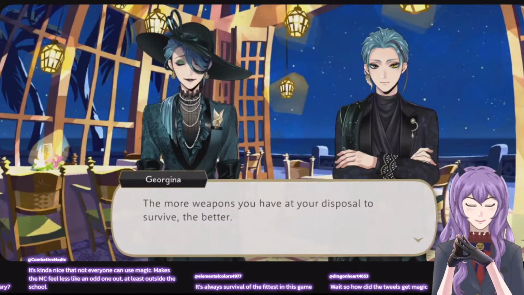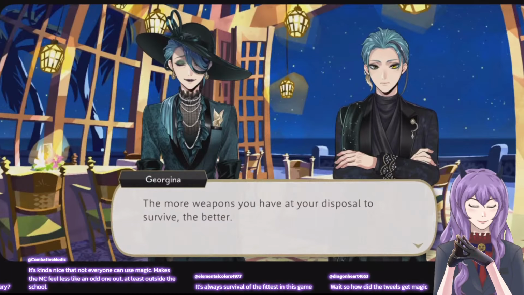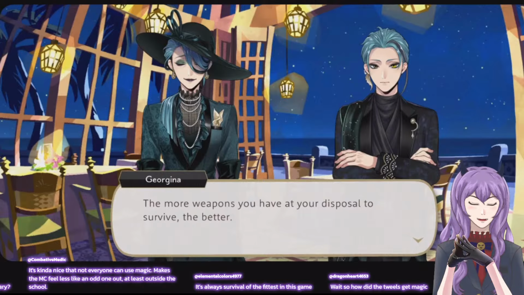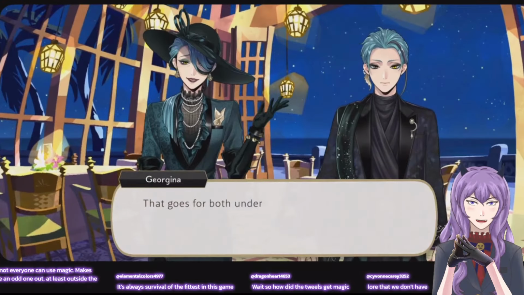Yeah, it's always survival of the fittest, especially with the Tweels, it seems. Okay, so how did the Tweels get magic? I assume the Tweels must have inherited from an ancestor, basically. Their grandmother, great-great-grandmother, like... I feel like it's passed down at some point in the bloodline.